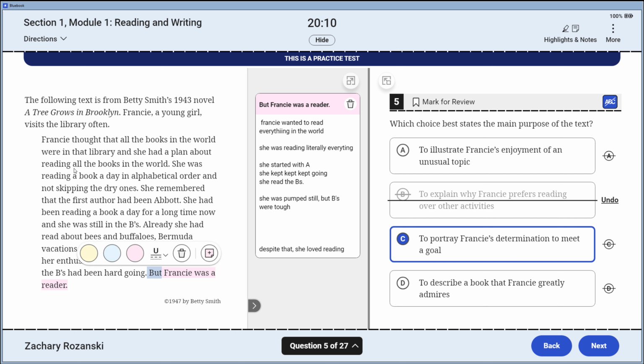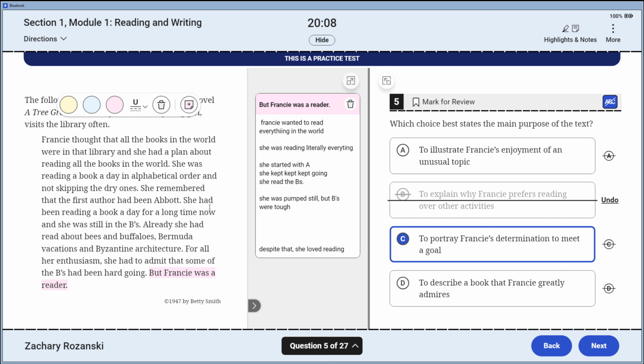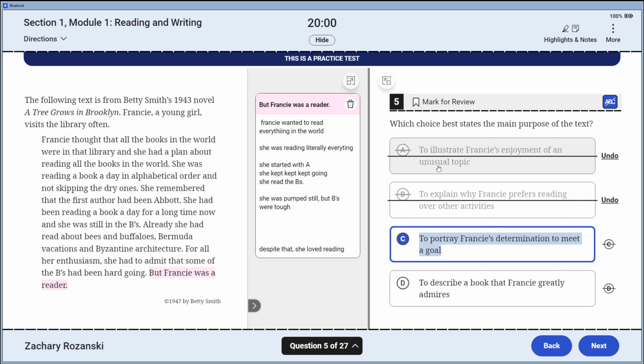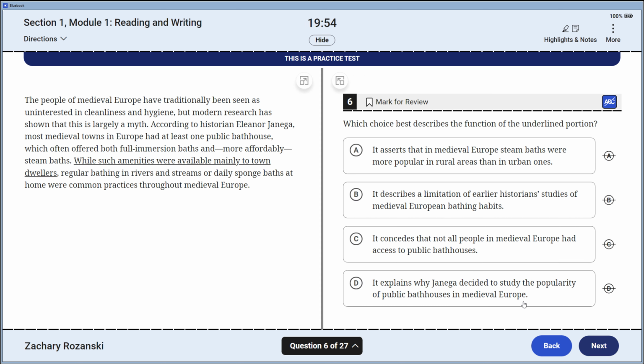The signal element here guides that. Our topic sentence at the start guides that, and all throughout, she just keeps doing it. For all her enthusiasm, it was tough, but she keeps going. I love the way that it ends. Those original ideas that I was providing at the start for A are absolutely false. "To describe a book" is off in its scope for that one.